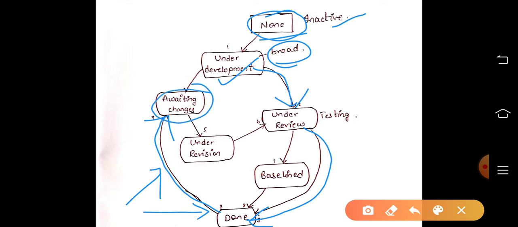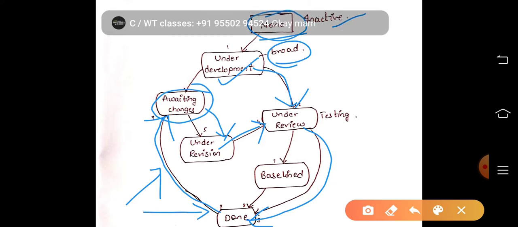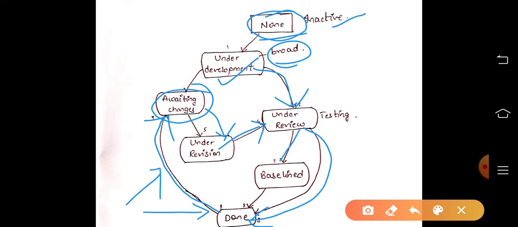After that, again we come to under revision. The changes are added to the coding part, and again they go to the testing part, under review. After testing, it comes to baseline, and then finally to done.